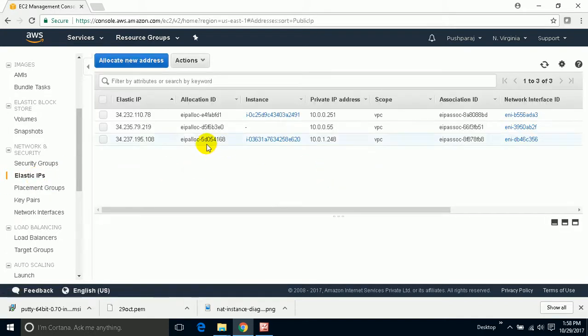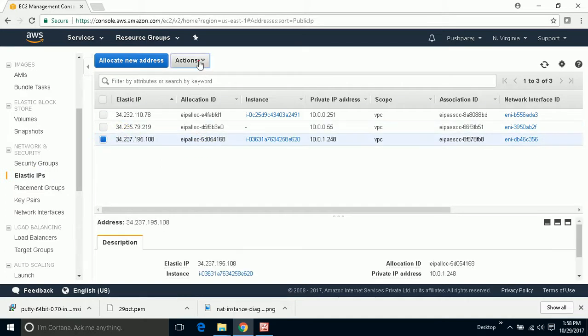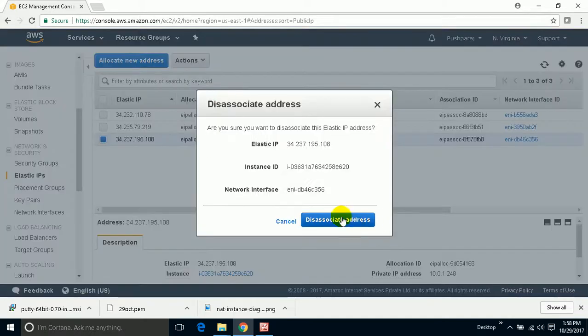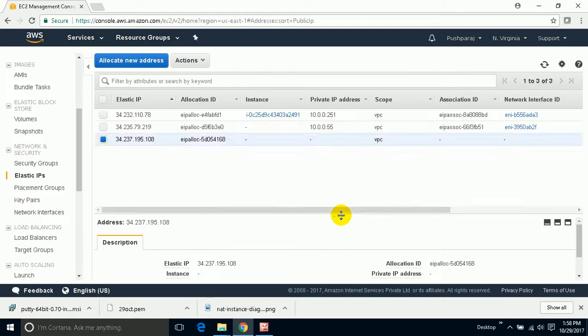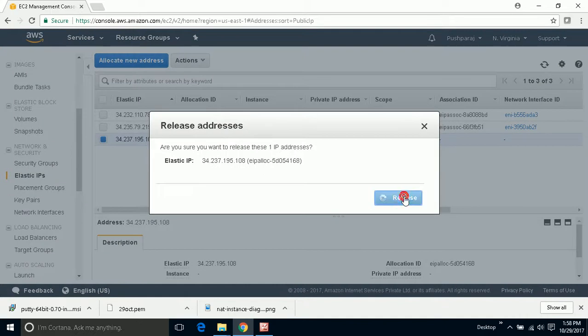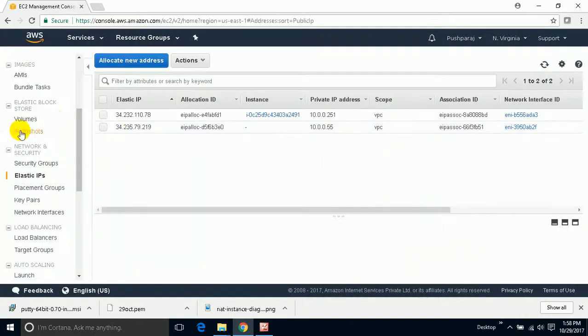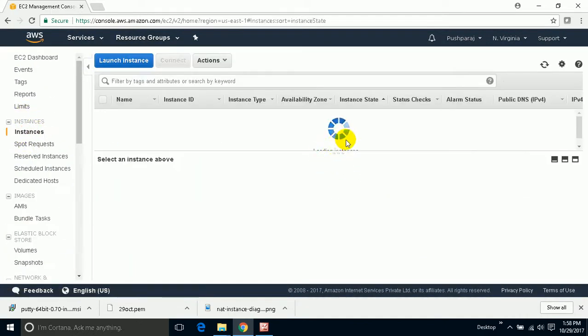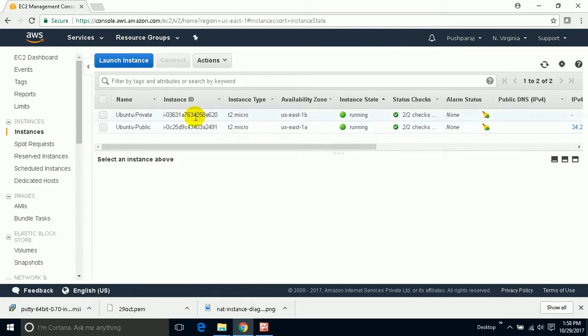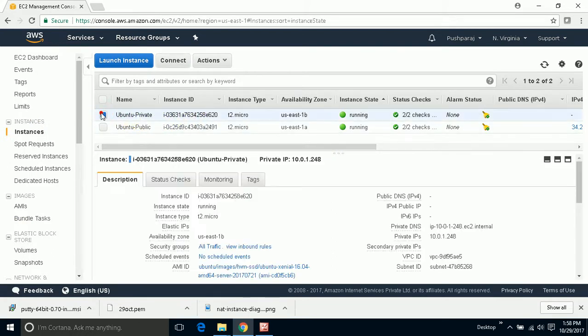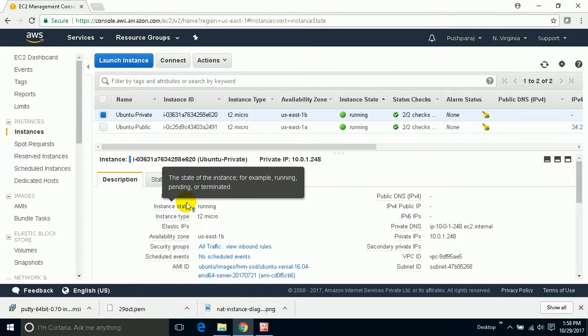Okay, 108 actions, disassociate. Okay, so now the two IP. I'm just going to release this address. Okay, fine, guys. So in order to check the private Ubuntu instance's connectivity to the internet,